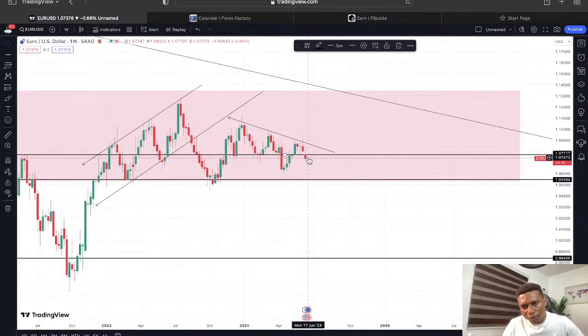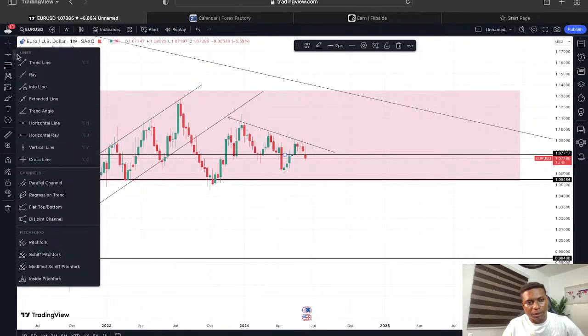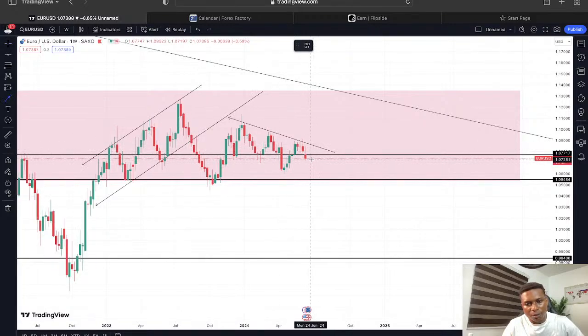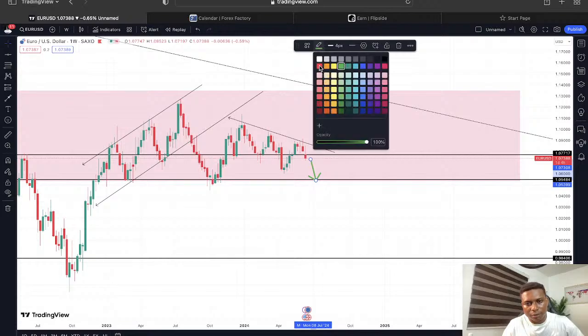If the market closes below this support zone, it would turn to a resistance zone, and we might anticipate a further fall, a further decline in price